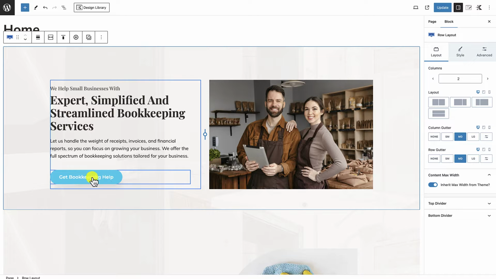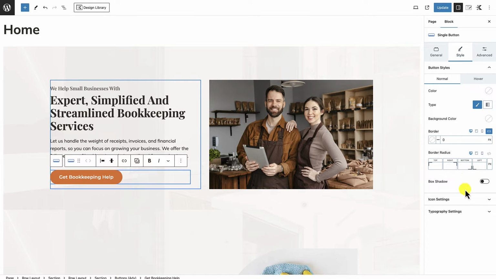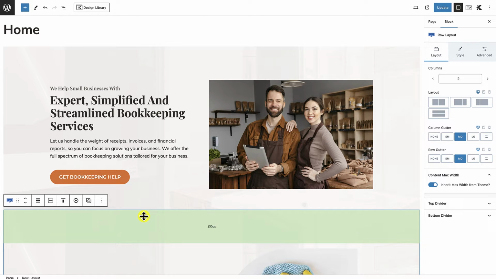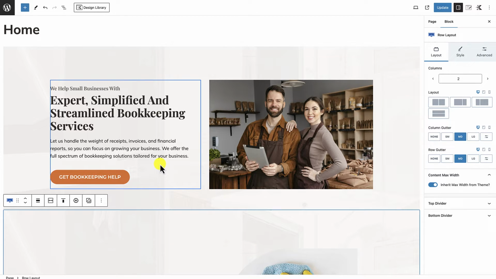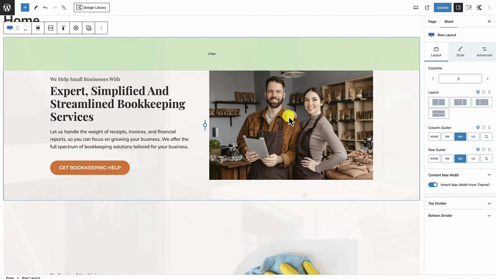And then I want this to be all caps, so it stands out a little bit more. So I'm going to select the text here, move over to the right. Go to Style, Typography Settings, and for the letter case, we're just going to make that all caps. Okay, that is much better. All right, excellent. Now, the other thing that I want to do here is I want to make sure that I still retain the spacing, right? So I'm going to click on Update,